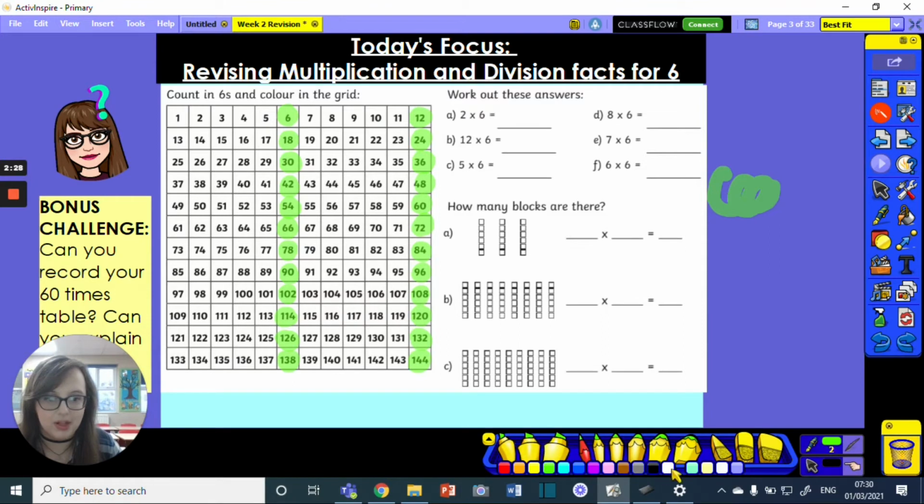There we go, and I'm going to change my highlighter for a nice pencil now. So next we've got some multiplication questions, and we can either do these by adding on sixes, repeated addition, we can do these by knowing our times tables, or by using the grid we've just filled out to help us. So first of all, 2 times 6. Now I know that's 12, I could check it by adding 2 lots of 6. I can come here and see 1, 2, 12. Whichever method is going to work for you.